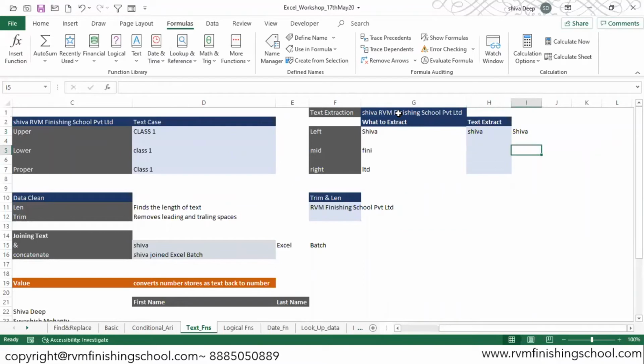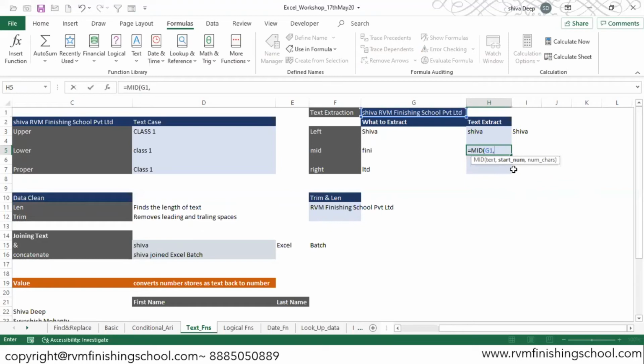Same way, you can try it for these two. I'll just show you the functions. The next function is mid. It is used when what you need to extract is in the middle of the cell. If you look at Shiva RBM Finishing School Private Limited, I need the word Fini, which is somewhere in the middle. Into the mid function, you have to do one calculation, which is the start number.